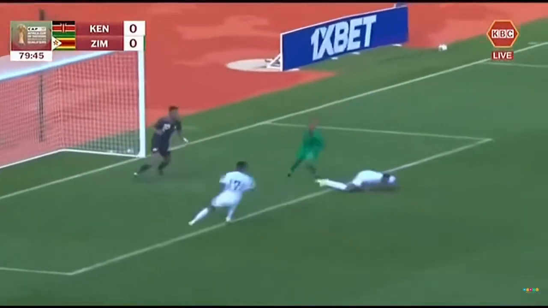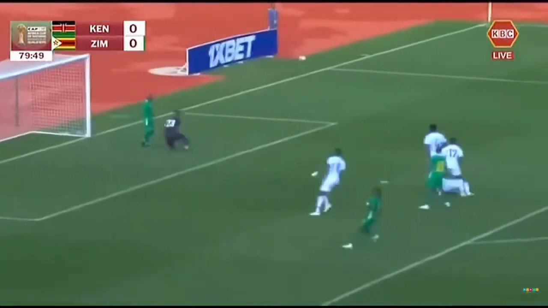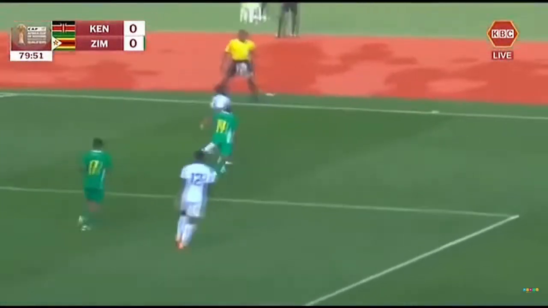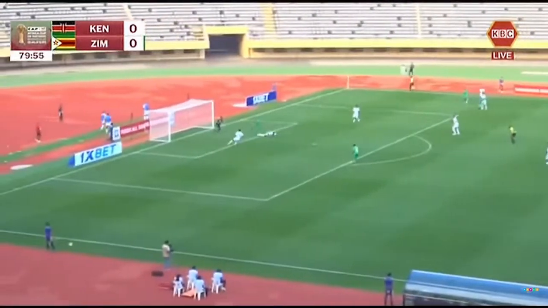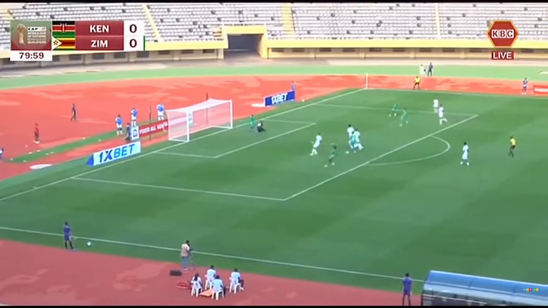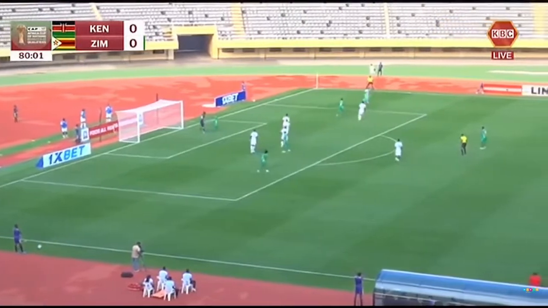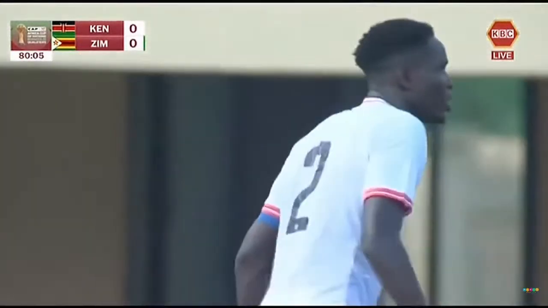Look at this first clearance. And then he gets up quickly and receives that shot from Mazwanise right in the chest. That is outstanding defending from the Kenyan captain to deny Zimbabwe the opening goal here with 10 minutes remaining. Joseph Okumu